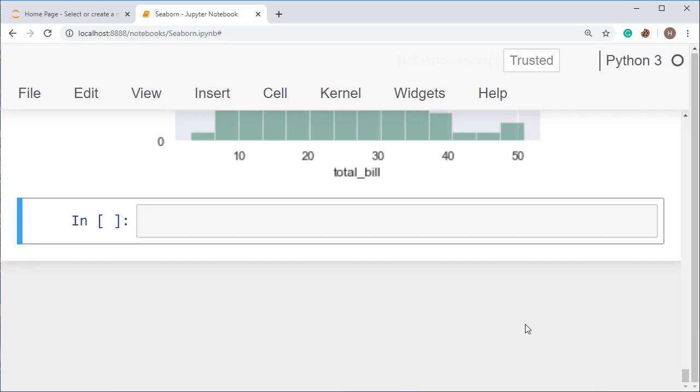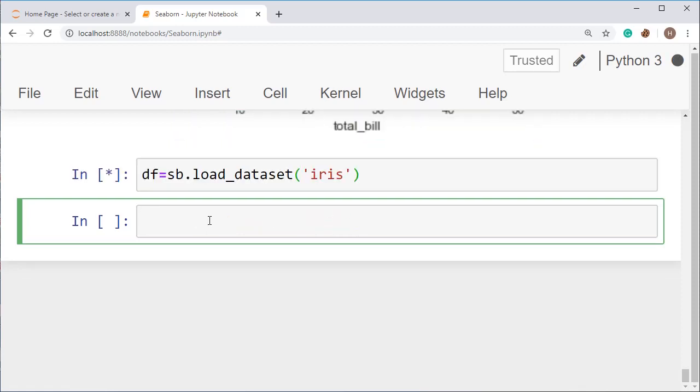So I want to show you the graph pattern, how it changes. All right, so you just have to use df equal to sb.load_dataset and use here the dataset iris. Okay, so I have loaded the dataset, wait until it gets loaded and then go for the further process.